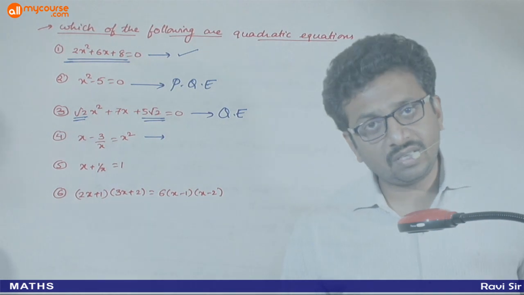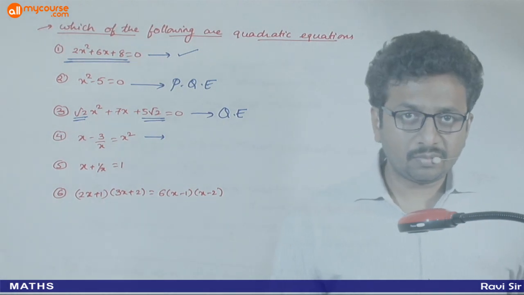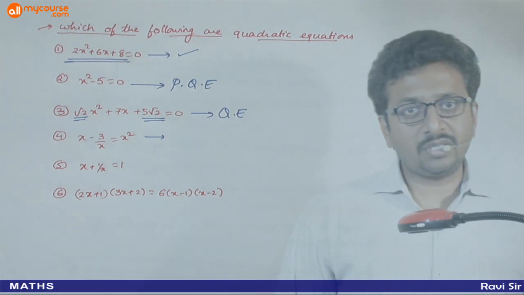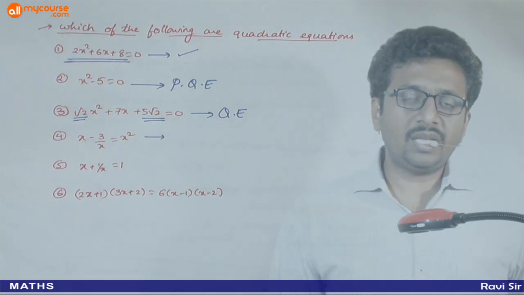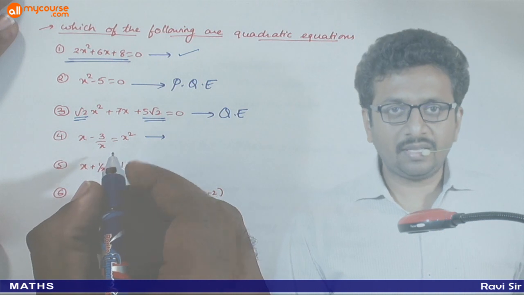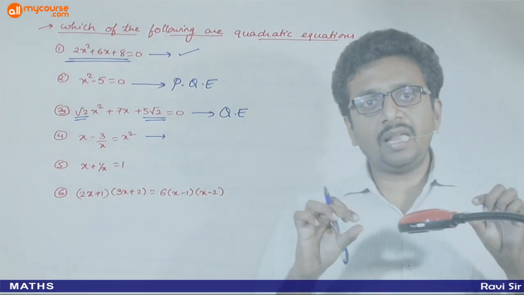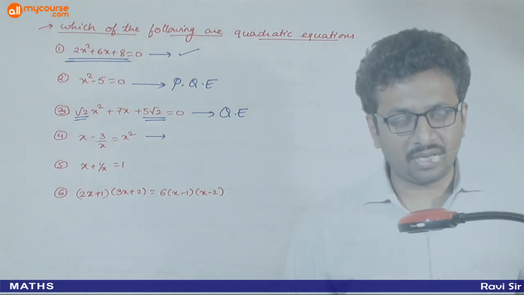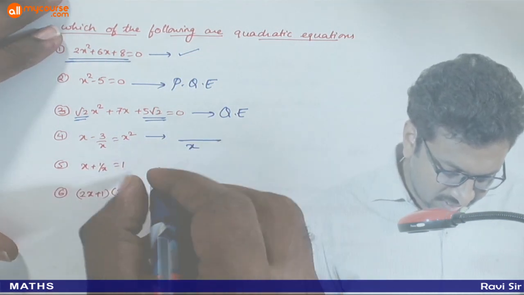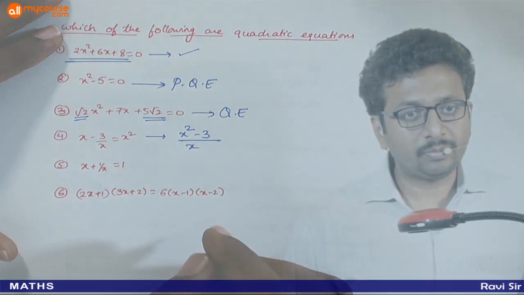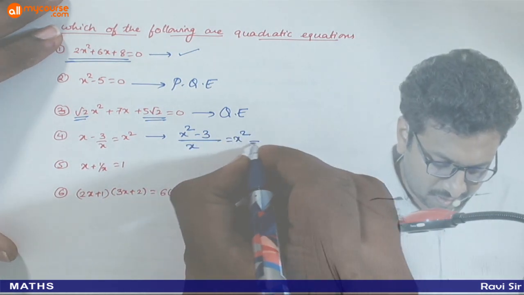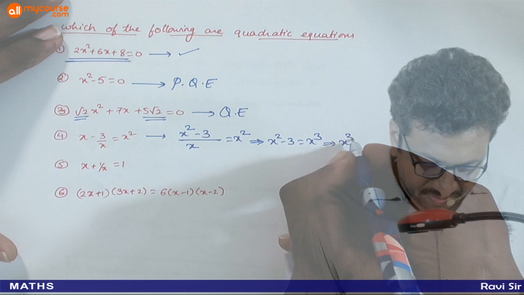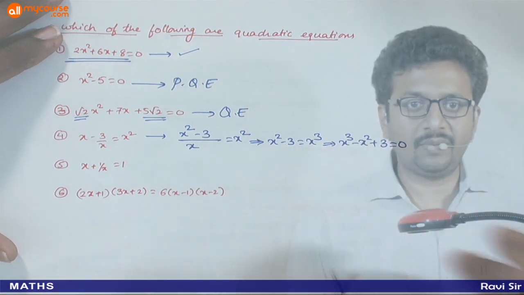x minus 3 by x is equal to x square. Is this a quadratic equation? देखिए, before analyzing whether a given equation is a quadratic equation or not, try to convert it into a single line. आप जो भी इक्वेशन देते हैं उसको आप एक सिंगल लाइन में सिंप्लीफाई करने के लिए कोशिश करिए. सिंगल लाइन का मतलब है फ्रैक्शंस को एलिमिनेट करने के लिए कोशिश करिए. सो इफ यू टेक द एलसीएम, x इज द एलसीएम, x स्क्वायर माइनस 3 इज इक्वल टू एक्स स्क्वायर. क्रॉस मल्टीप्लीकेशन किया तो एक्स स्क्वायर माइनस 3 इज इक्वल टू एक्स क्यूब. दिस इंप्लाइज एक्स क्यूब माइनस एक्स स्क्वायर प्लस 3 is equal to 0.